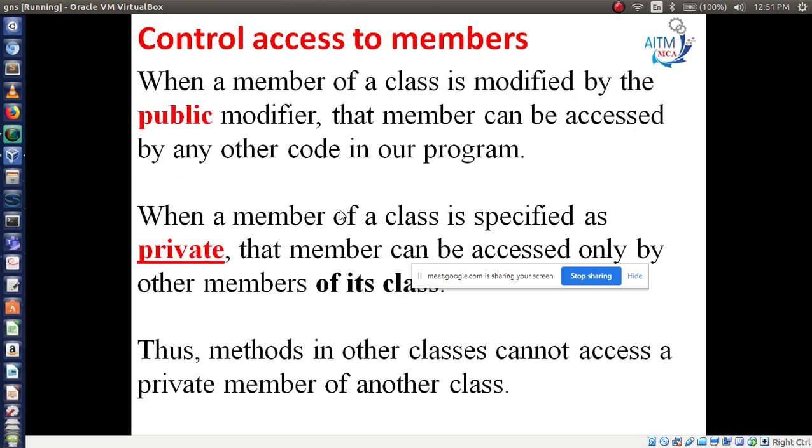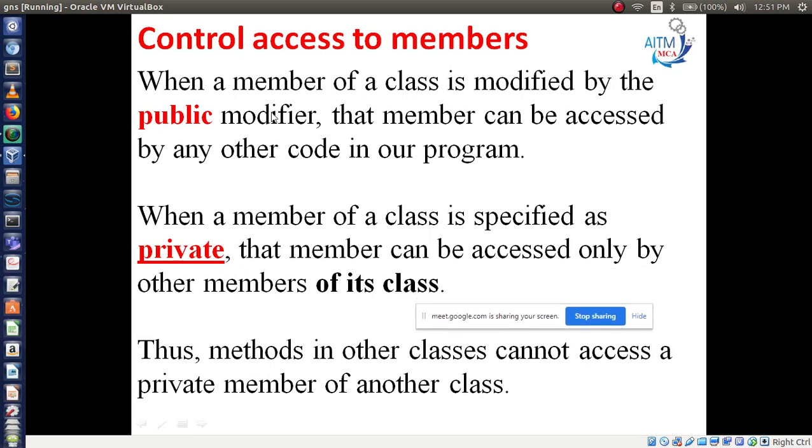So what do you mean by the public and private keywords? When a member of a class is modified by the public modifier, that member can be accessed by any other code in our program. So once you define your class as public, you can access those variables throughout your program.